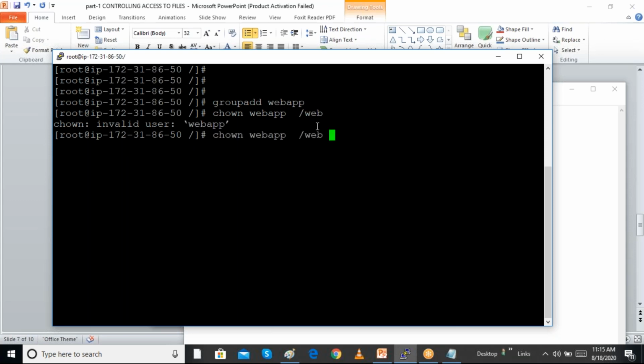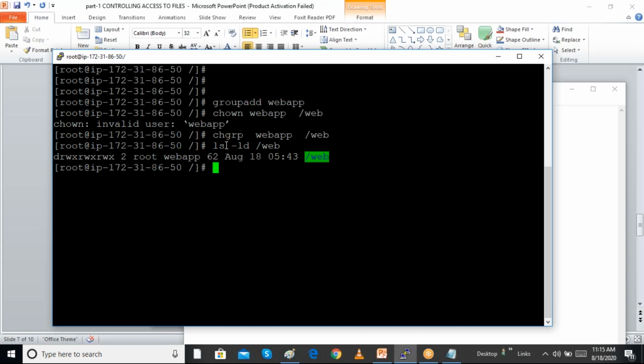I am not using chown, I have to give the chgrp command. So the two steps are only creating the group and changing the folder's group. With ls -ld on the web folder, the group ownership now comes as web app because of the chgrp command.